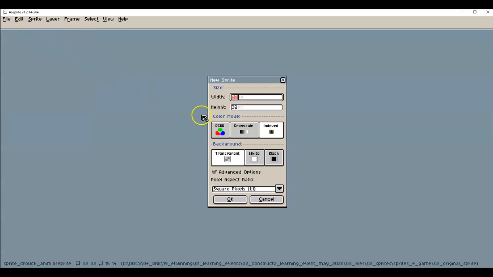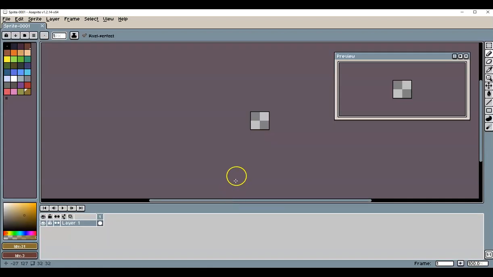So you can choose the width and height of your document, the color type you want to use, color mode. If you want a transparent, white or black background, the aspect ratio, and if you hit OK, you'll go to the main area where you have